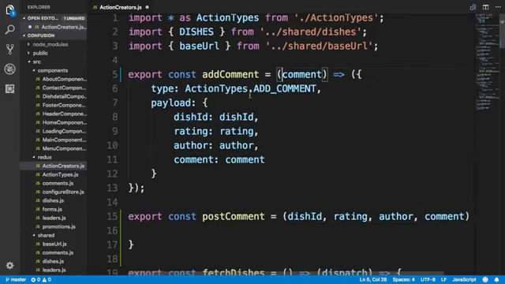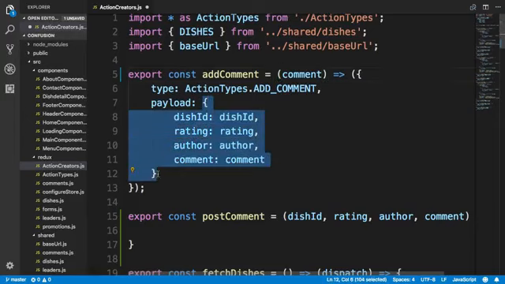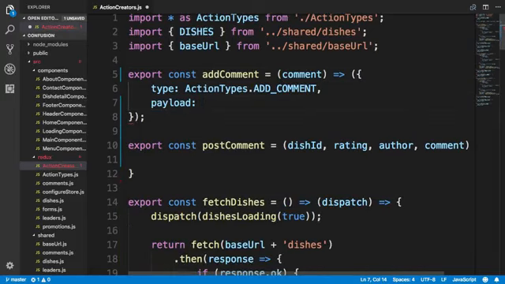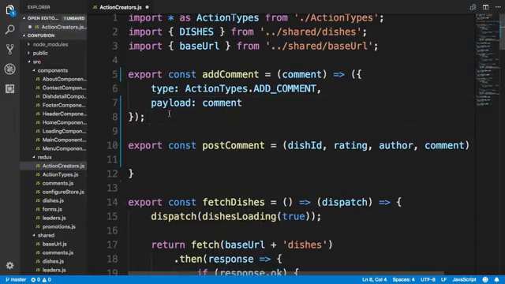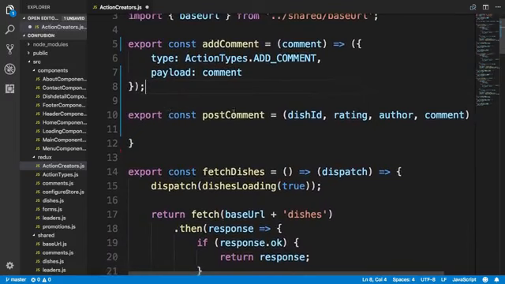Now this add comment is no longer going to be used the way we have done earlier, but instead the add comment is going to be used by post comment to push the comment into the Redux store. So this add comment method will now become a lot simpler. Here the payload is simply comment. Now this also means that we will have to update the reducer, but we'll do that as a later step in this exercise. So here, when we receive